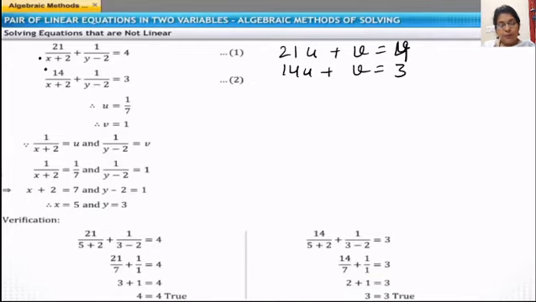Now we will simply solve. On solving the above equations, we get